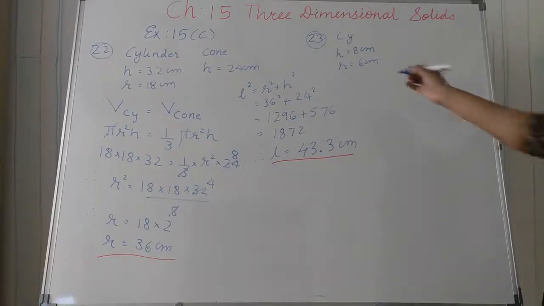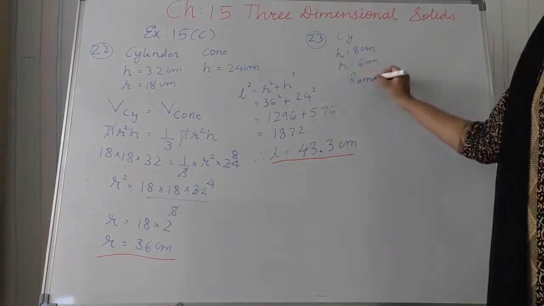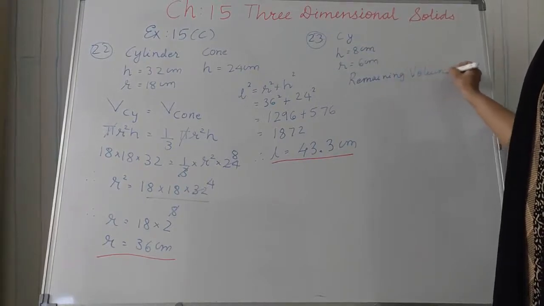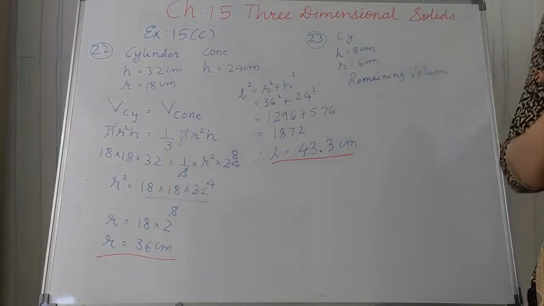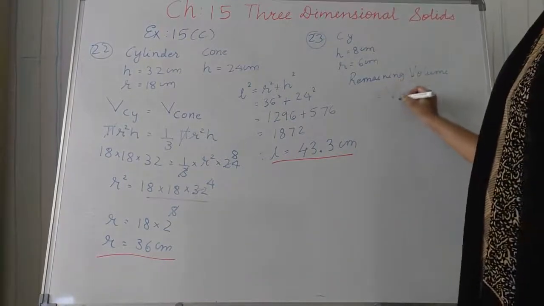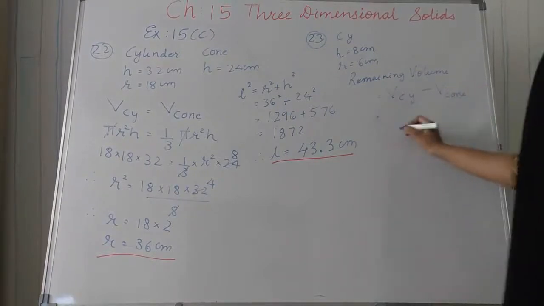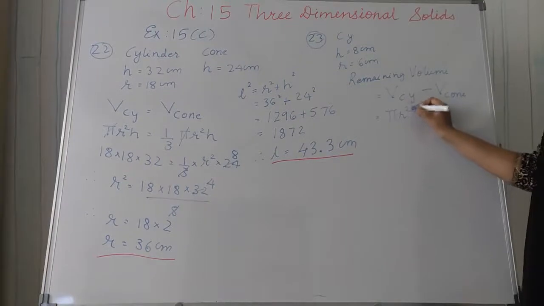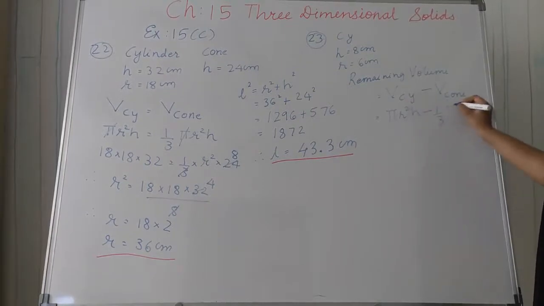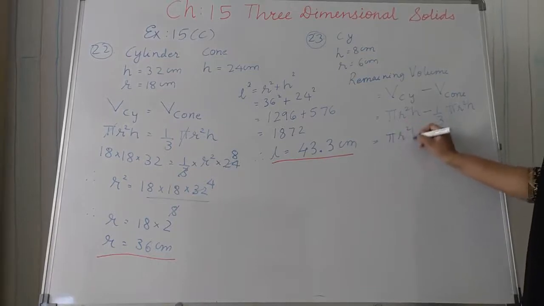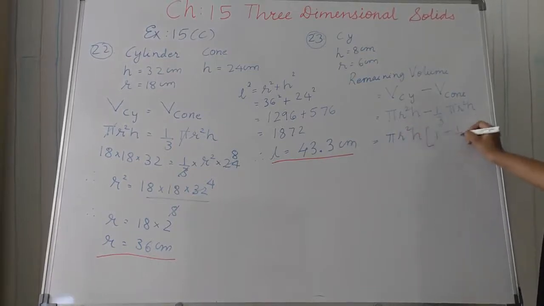For that, I write remaining volume is equal to, the big one is the cylinder, so I take volume of cylinder minus volume of cone. So volume of cylinder is pi r square h and this is minus 1 by 3 pi r square h. Students, both radius and height also equal here and pi value also equal. So I take pi r square h common first